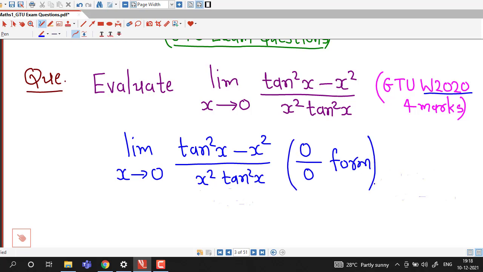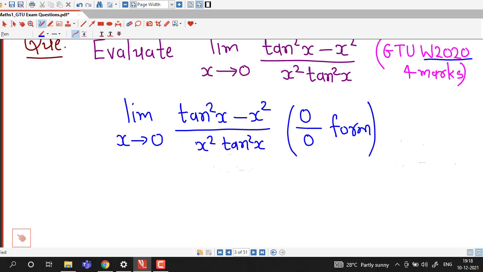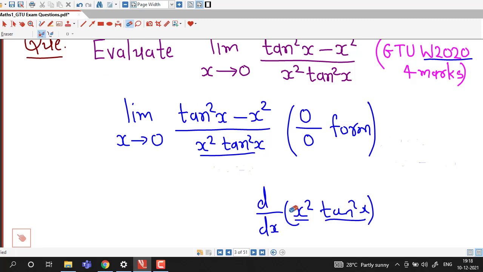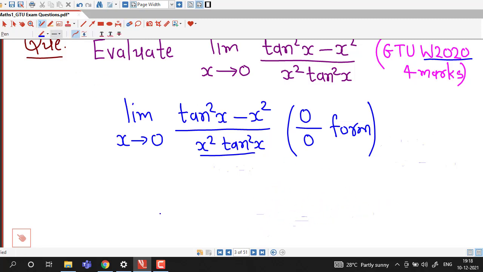So we can apply L'Hospital rule from the very first step. But if we apply L'Hospital rule directly from this step, then for the derivative of x square into tan square x, we have to apply the product rule, that is x square as it is times the derivative of tan square x, plus tan square x as it is times the derivative of x square. So if we wish, we can apply L'Hospital rule directly, or the other thing we can do is